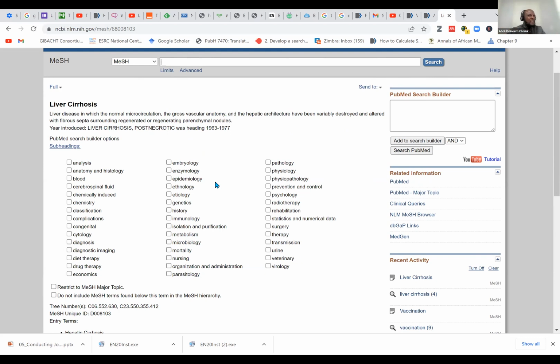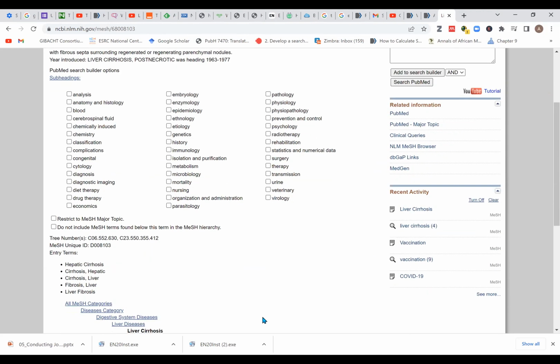And if you just use liver cirrhosis like that, you may not get it. So you can look for which subheading concerns you here, and you select. Are you interested in etiology, genetics, history, immunology? Name it, select it. Veterinary, anything, just select it. And if liver cirrhosis Pathology